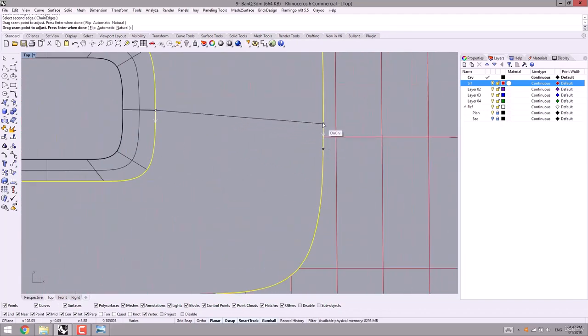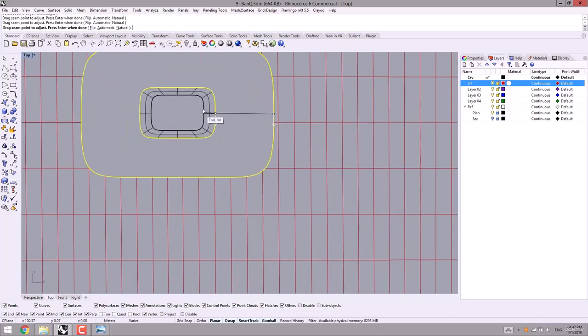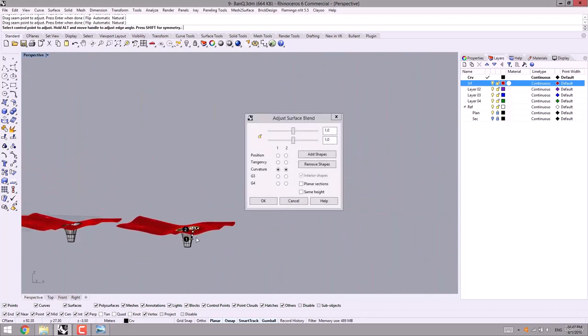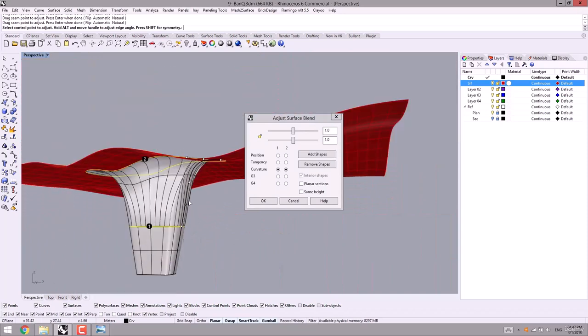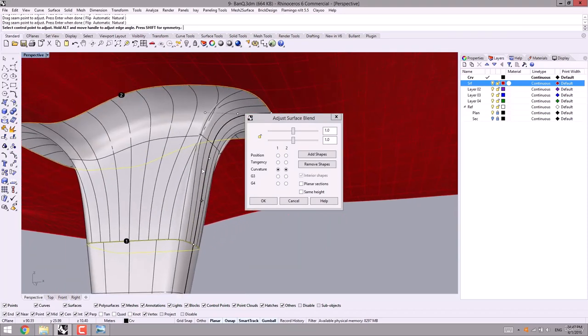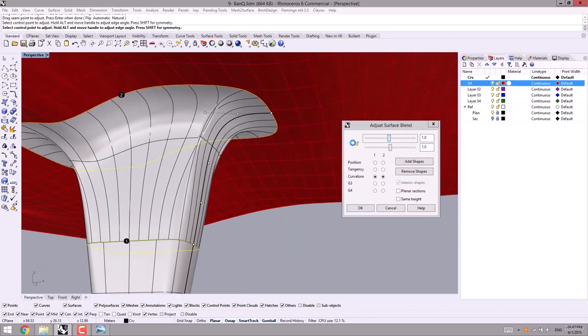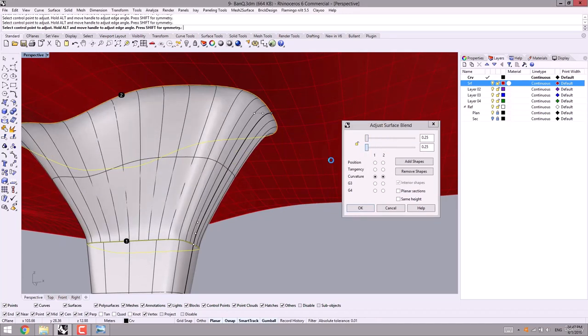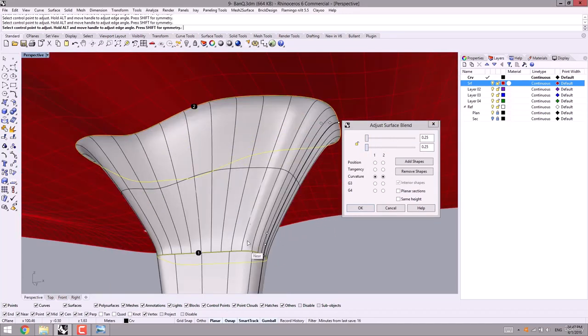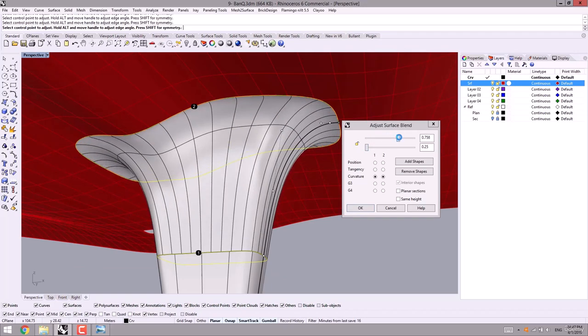So at the top view, I adjust the seam points like this. I make them aligned with each other this way, and following that I press enter. Here as you can see, it has created such a surface that you can use these two sliders to adjust the continuity for